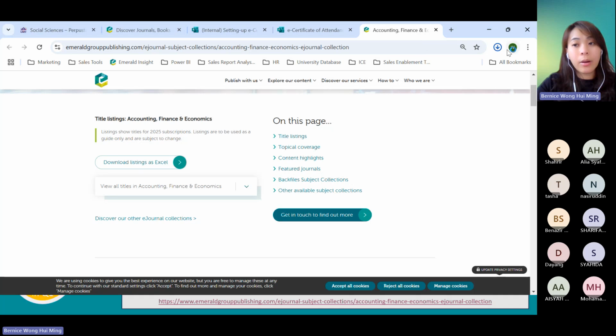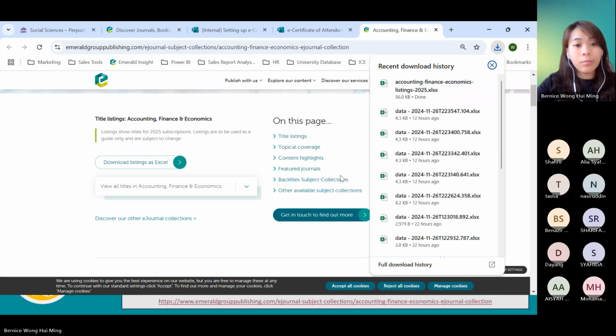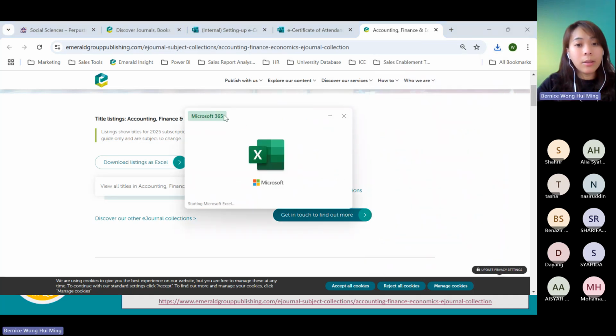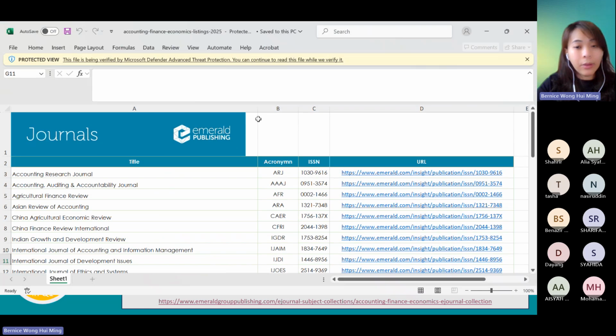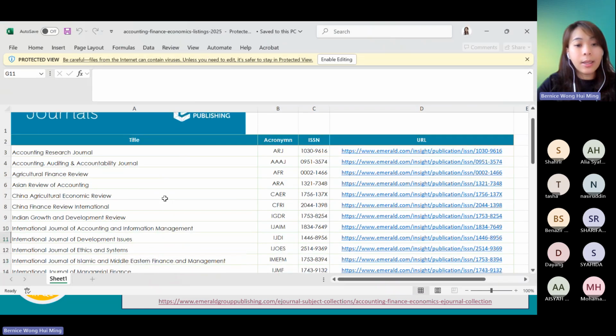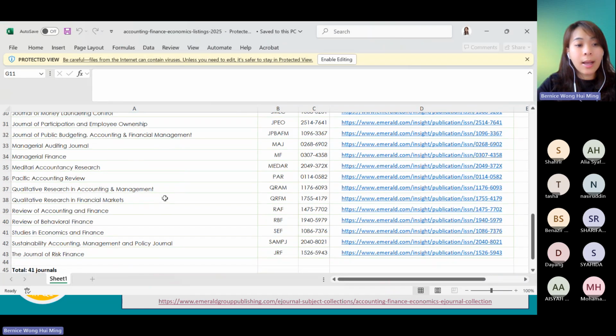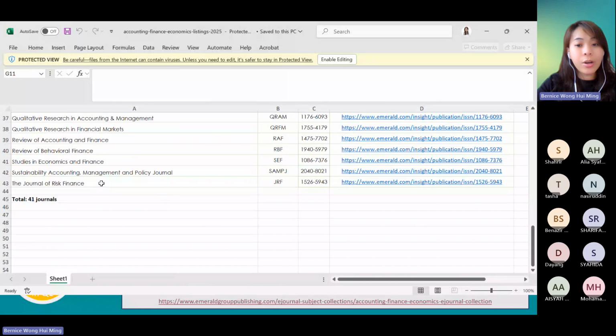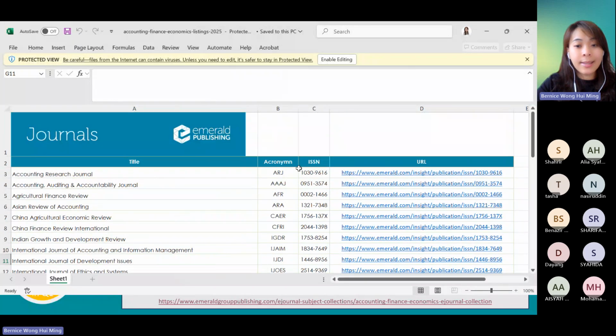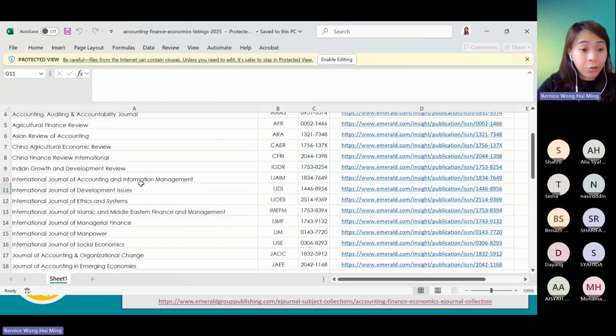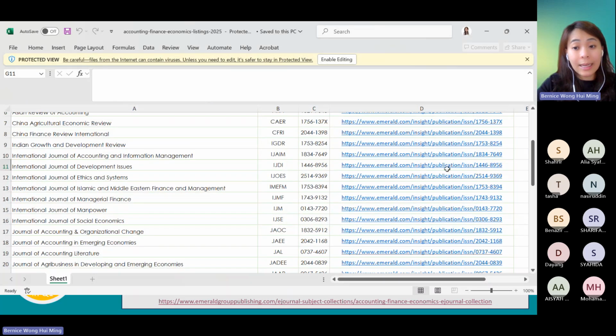From here, you will get all the title listing under accounting, finance, and economics. There are 41 journals here. This is the journal ISSN and acronym. And of course, if you have decided to publish in journals in accounting, you can just click here.